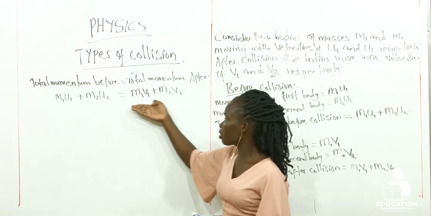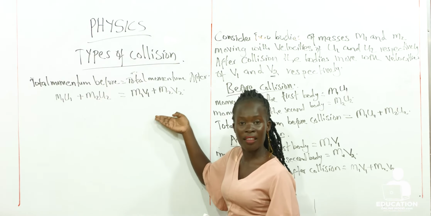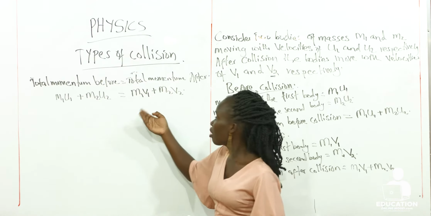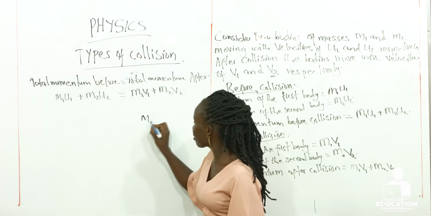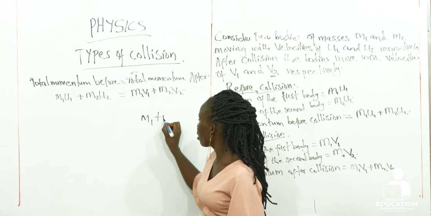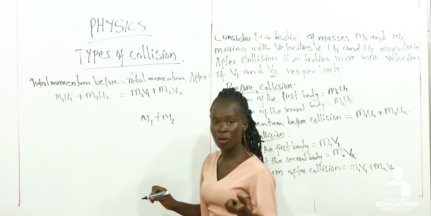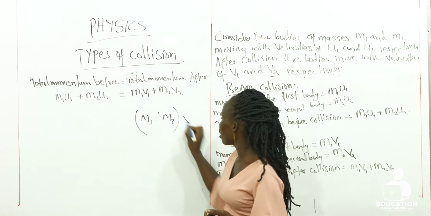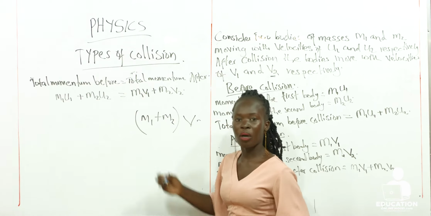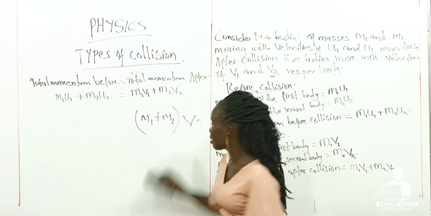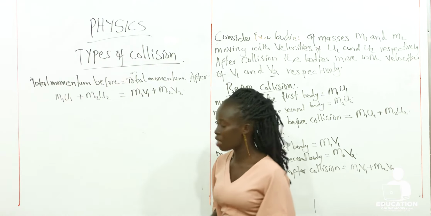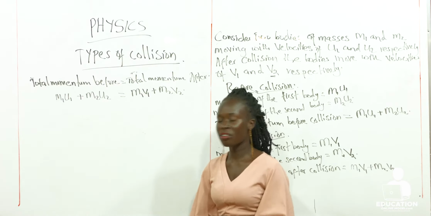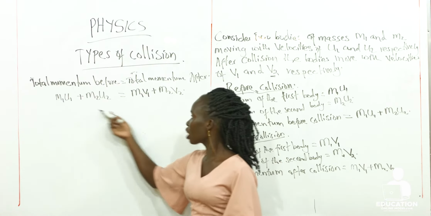But for the momentum after the two bodies collide, instead of having V1 and V2, we are having the masses of the two or more bodies, and then multiplying by the V, because for the inelastic they were moving with the same velocity, but here we are saying they move with different velocities. So this is the formula we shall be using for